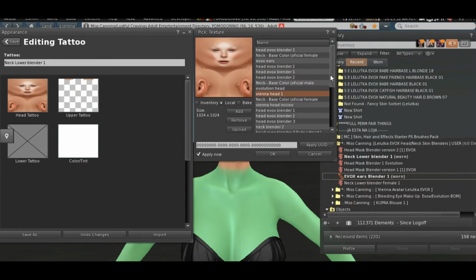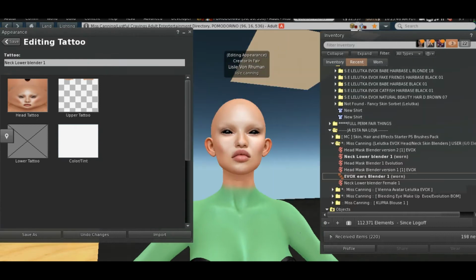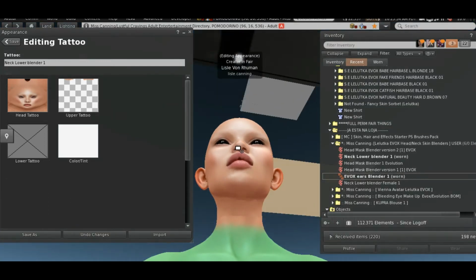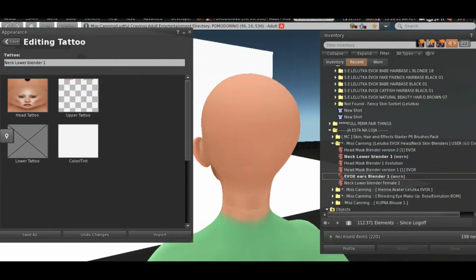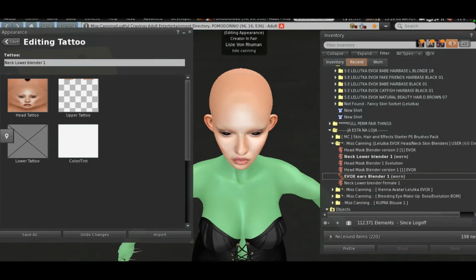Where is she? I cannot load this again because it's too big. Where? Here. Okay, here she is in the world. You guys see there's some things to fix here and a lot of things to fix here. Okay, because she was projected. Okay,